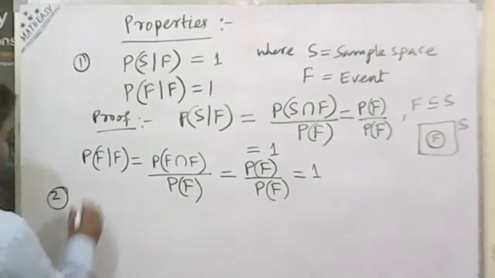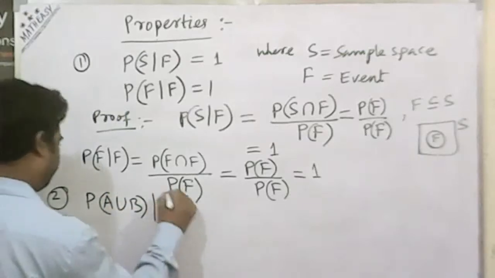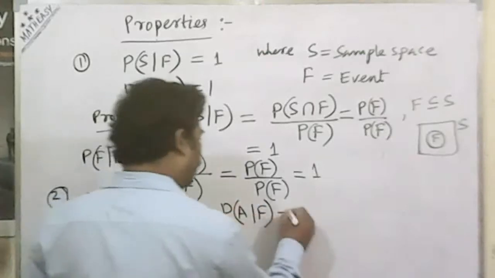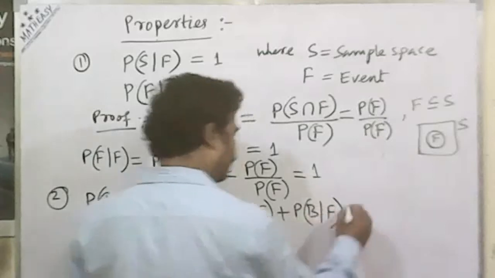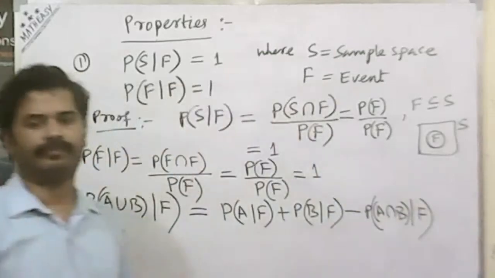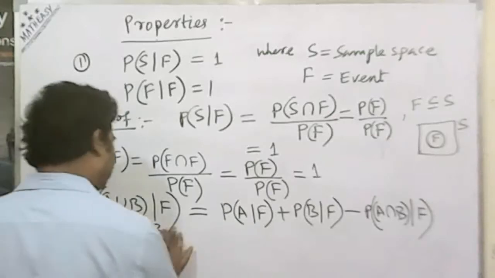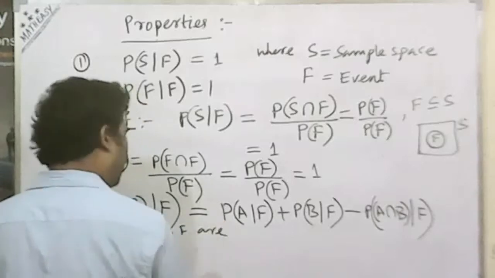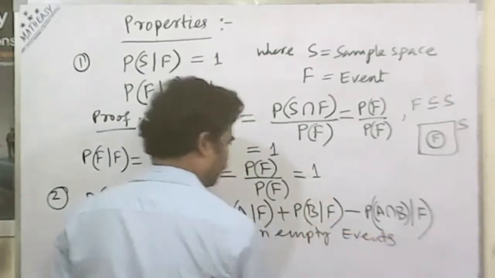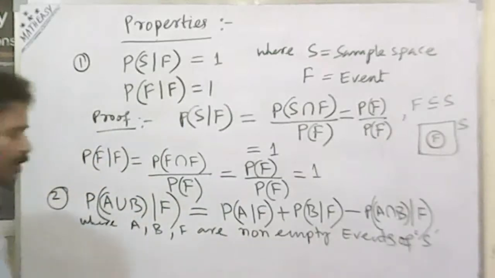Similarly, property number 2: probability of A union B, conditioned on F, is equal to probability of A conditioned on F plus probability of B conditioned on F minus probability of A intersection B conditioned on F. Now here A and B and F are non-empty events of sample space S. Now proof: